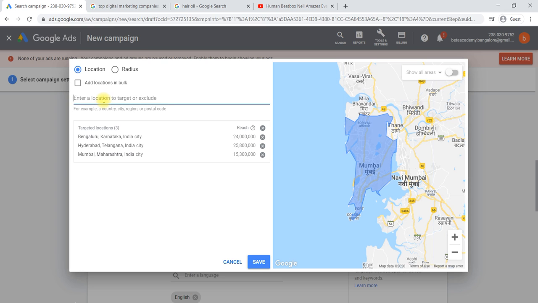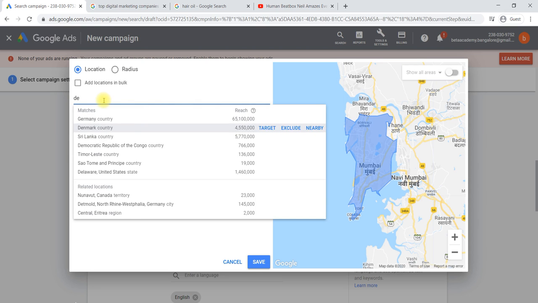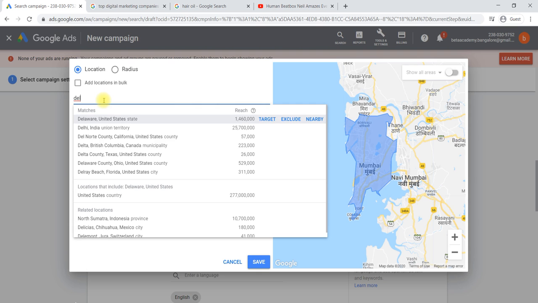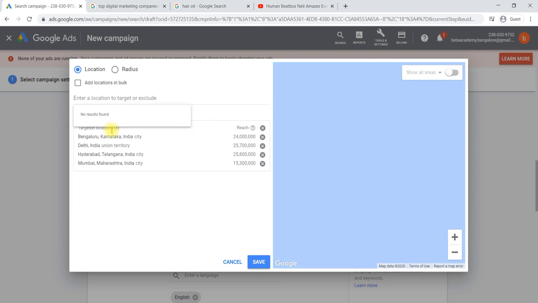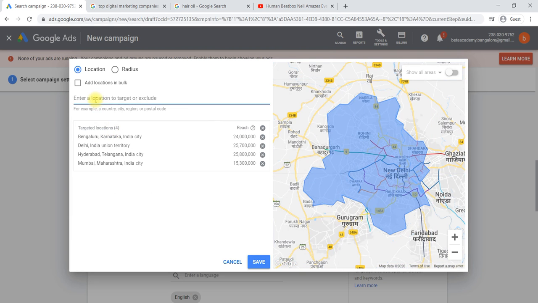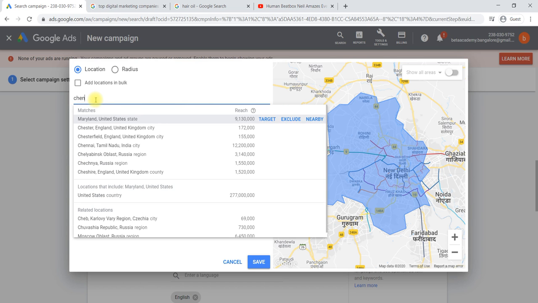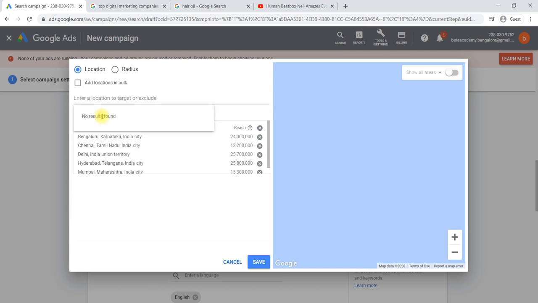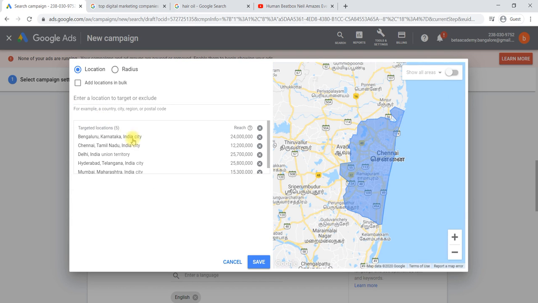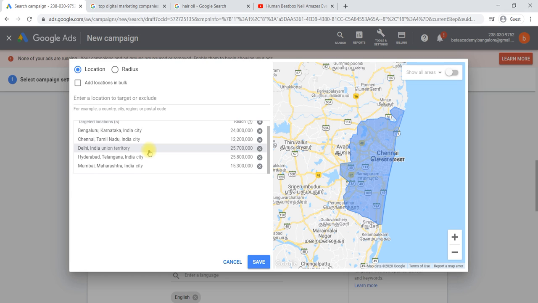We'll select the main metropolitan cities. Delhi, Chennai. Okay, these are the five cities we have selected.